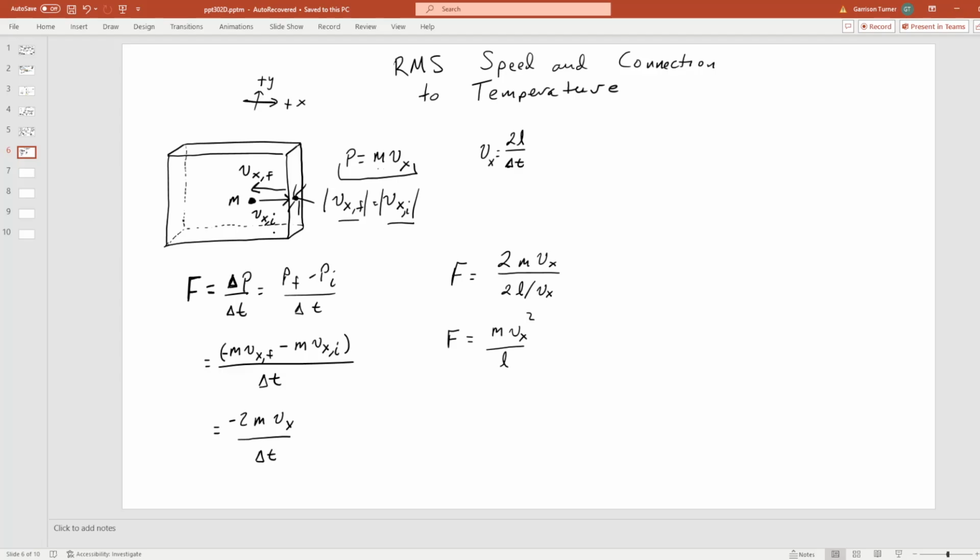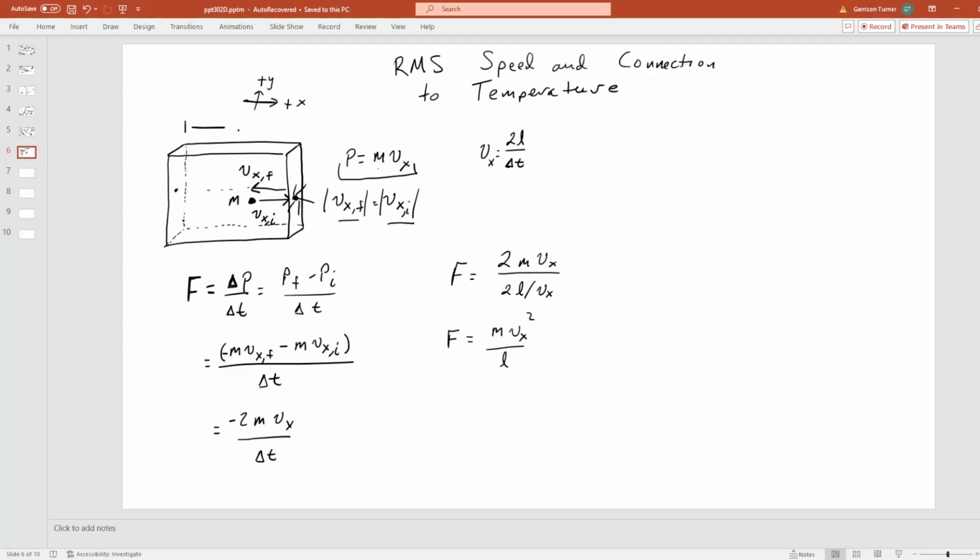If we look at the average force that the wall exerts on the molecule over an extended period of time, then we can think of this as a cyclic process where the molecule hits this wall, then it'll come over and hit this wall, and then the cycle just continues. So the average force that the wall exerts on the particle,